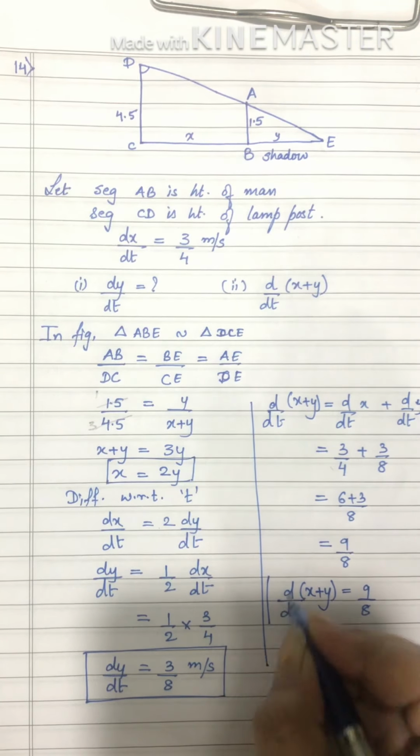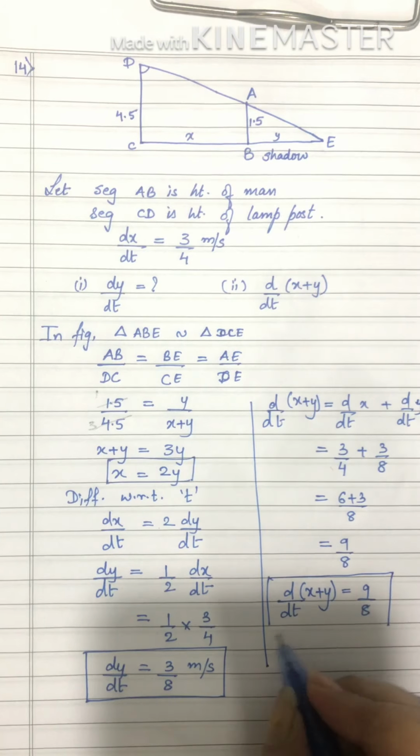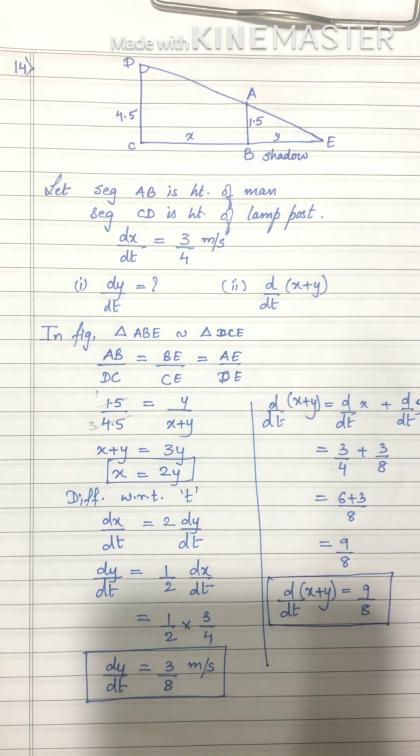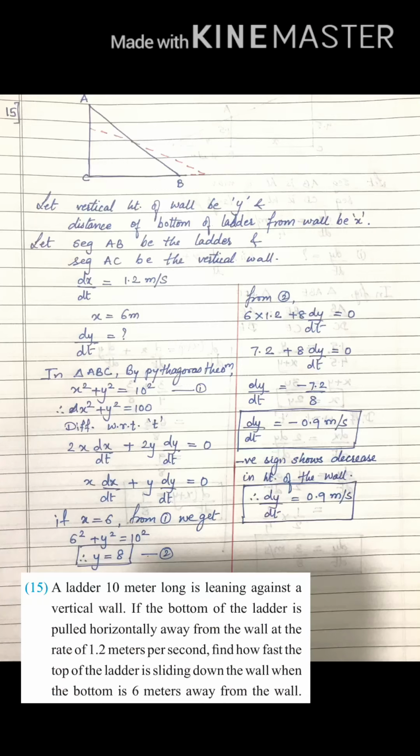So you saw sums are actually easy, just need to concentrate a little bit and be attentive towards what the question is trying to say and what is being asked. Check sum number 15. I have already solved this for you. Just read the question carefully and check out the figure. Whatever is written about the ladder, that the ladder is pulled horizontally backward, I have shown with the help of a red mark in the figure.